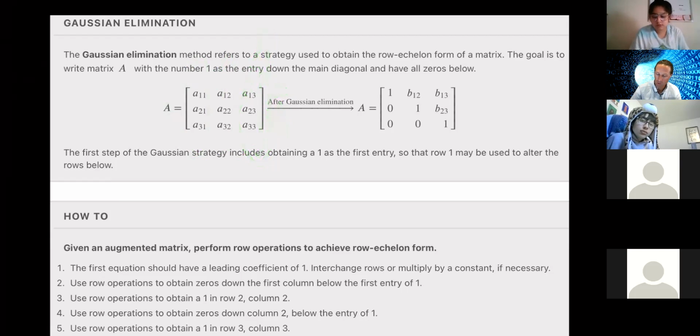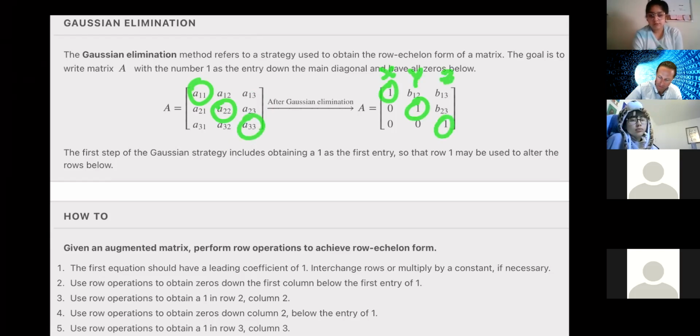What Gauss figured out was, if these are the x's, the y's, and the z's, I would really like one equation to have a 1 for x, another a 1 for y, and another a 1 for z. If I can get that diagonal of 1s, and everything below that diagonal zeros,